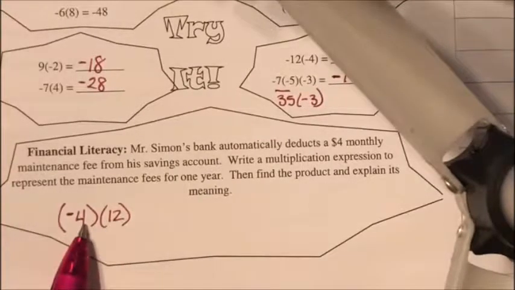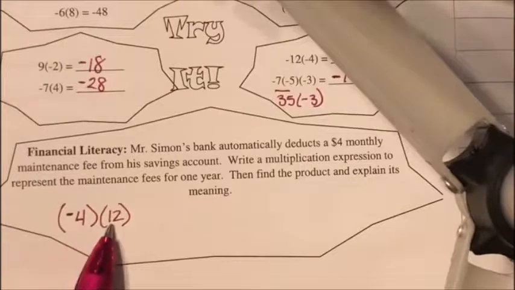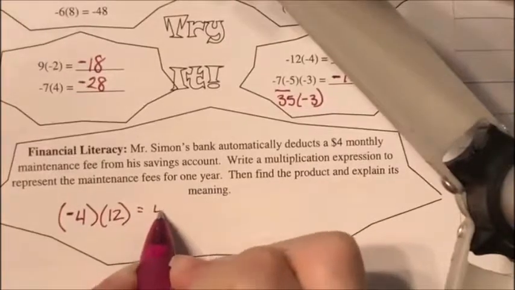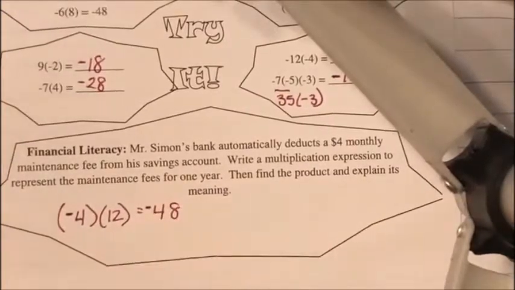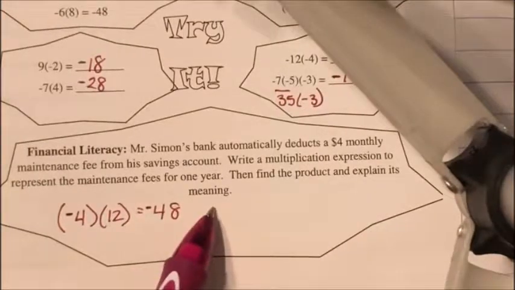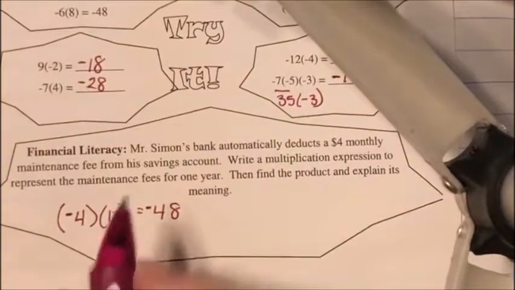So 12 times negative 4, I have different signs, so I'm going to get a negative answer. 12 times 4 gives me 48, and it's going to be negative. So that's my product, and then I have to explain its meaning. So negative 48,